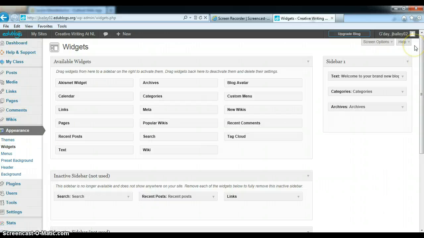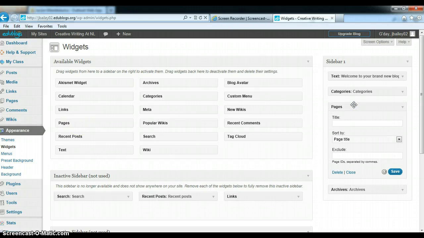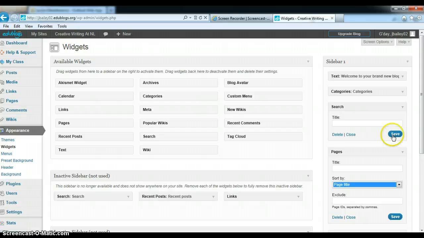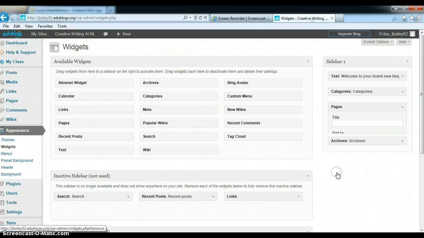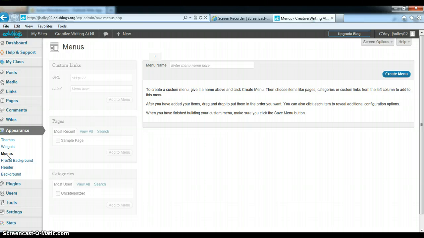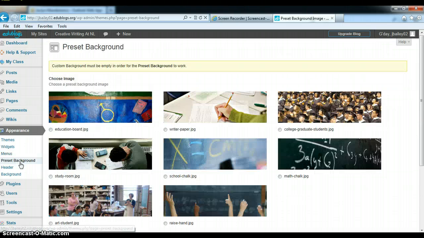Okay. So if I would like pages, I can put that over there. If I want search, I can put that over there. I can also delete them. Alright. Menus. Let's see what's under menus. You can create custom menus. You can choose a preset background. Alright, maybe you would like